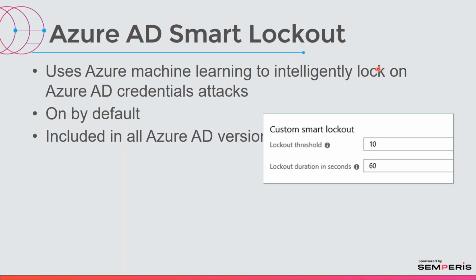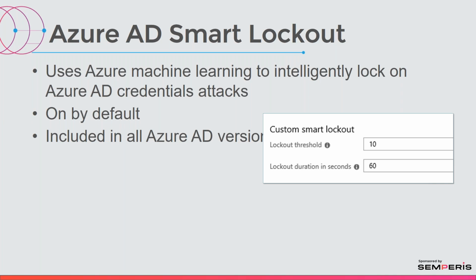Real briefly about Smart Lockout. Smart Lockout is similar to the lockout that you have on premises in Active Directory, except it uses machine learning to intelligently lock on credentials attacks against Azure AD, not on premises, but people trying to log in with Azure AD. So, you can see the lockout threshold is 10 attempts, and after 10 attempts, it will lock it for 60 seconds. Now, if after the next sign-in, after the unlock fails, the account will lock again immediately